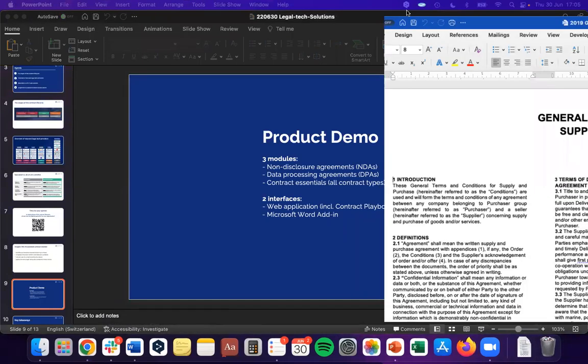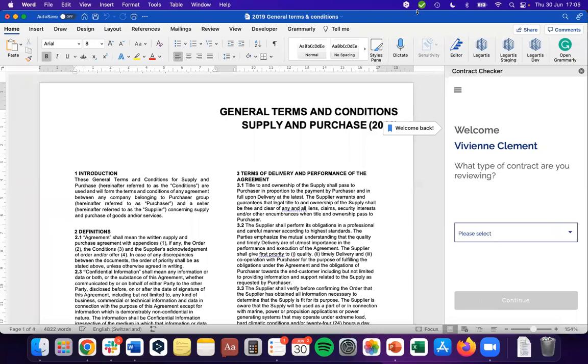And I have prepared for us today a general terms and conditions. This general terms and conditions is basically a document of 4 pages. You can imagine this comes in from your counterparty. You haven't read it before. And all you have to do is click on one button at Legartis, and it will open our